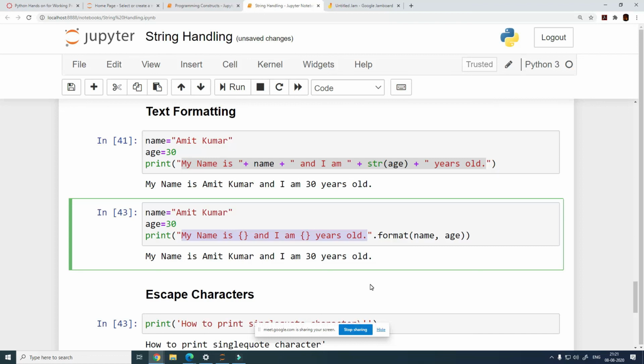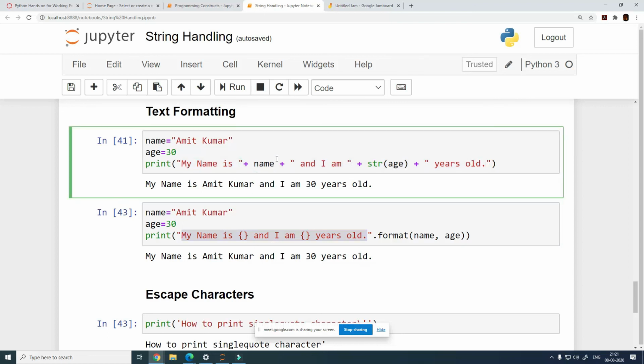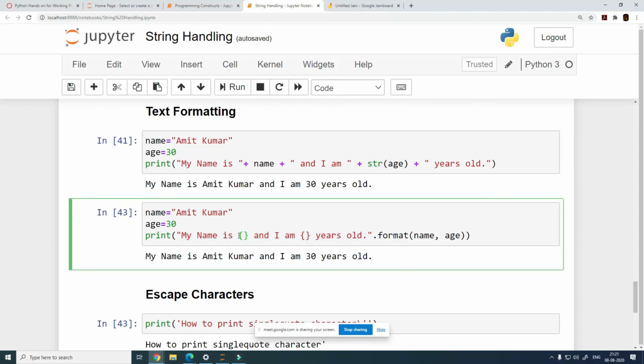Second one. The second one is more readable, right? Because we do not have a lot of plus here, which is going in there. Also we do not have to convert the age value, which is stored as a number, into string, right? These are what we call as placeholders, right? So this is my first placeholder, and this is my second placeholder.